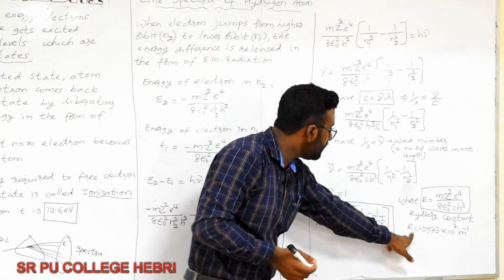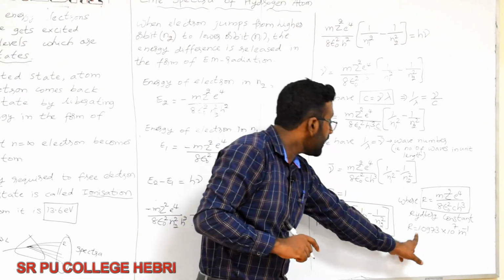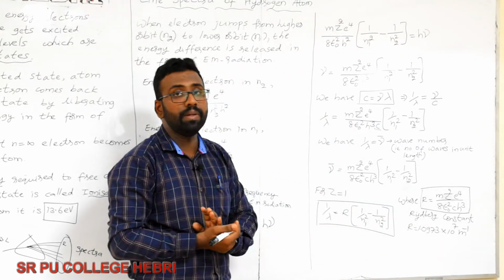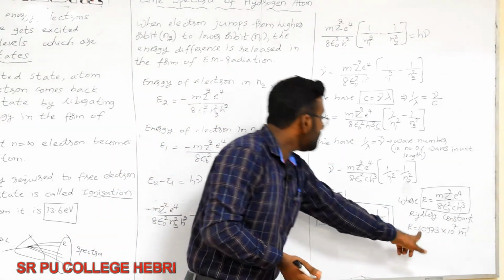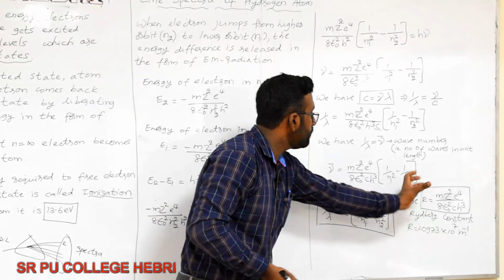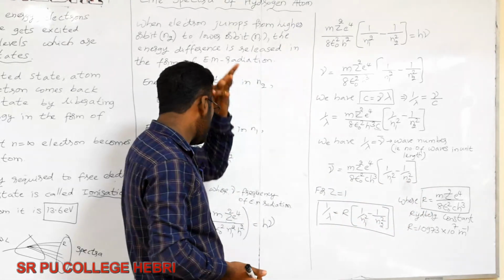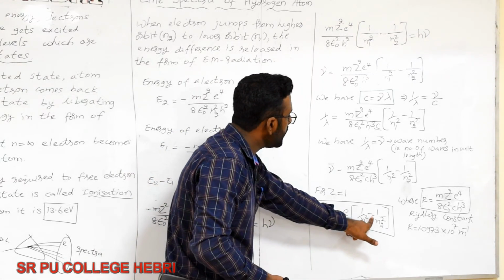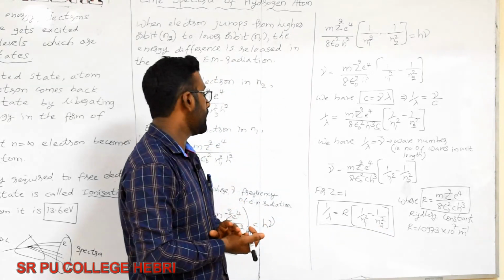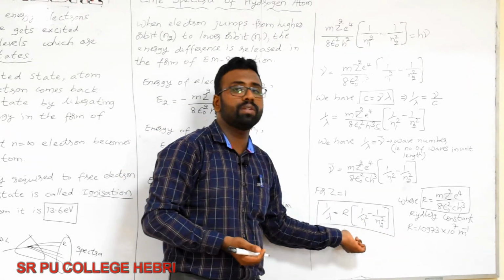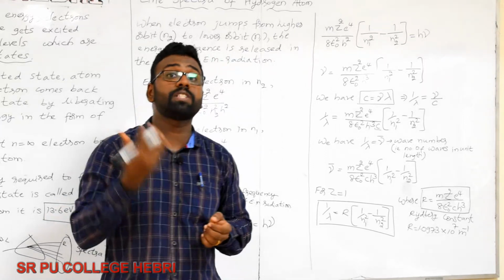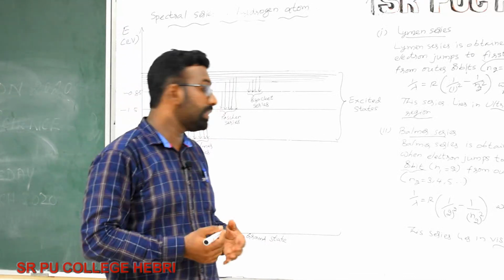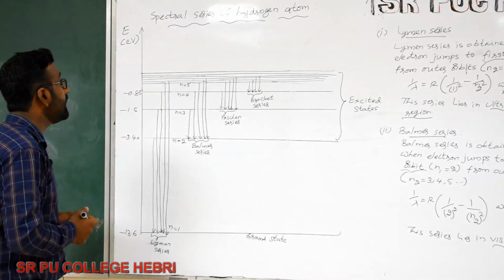And you have the value of Rydberg constant. You have already seen that R is equal to 1.0973 into 10 to the power 7 per meter. By substituting the value for this term, we can get the equation for 1 by lambda, that is equal to R into 1 divided by n1 square minus 1 divided by n2 square. So we will be making use of this equation to explain the different spectral series observed in a hydrogen atom. Well students, we will see the spectral series observed in hydrogen atom.